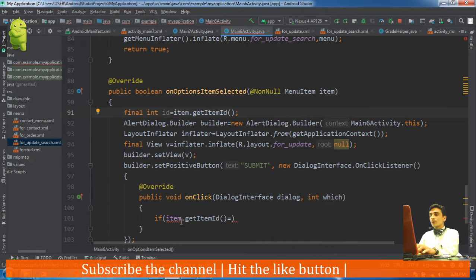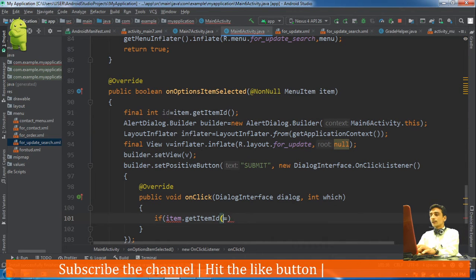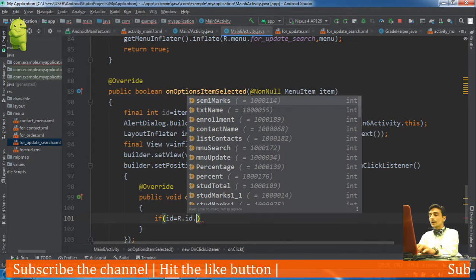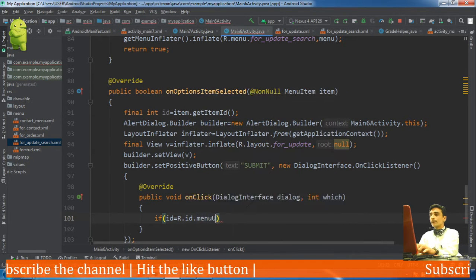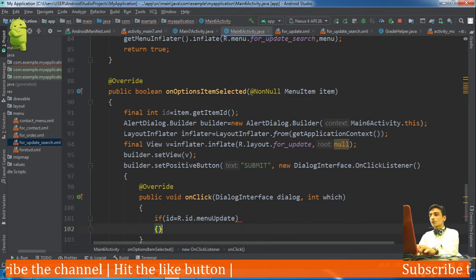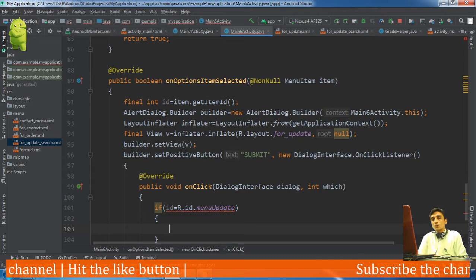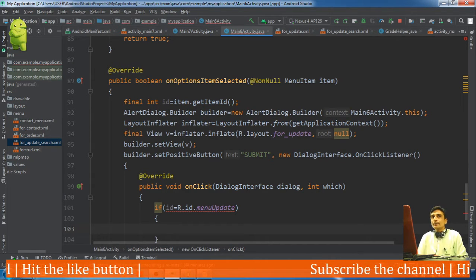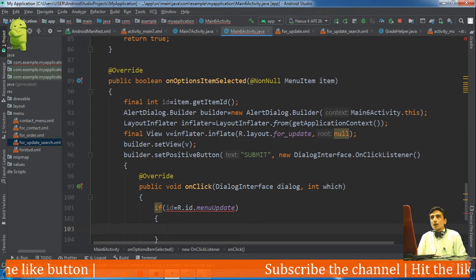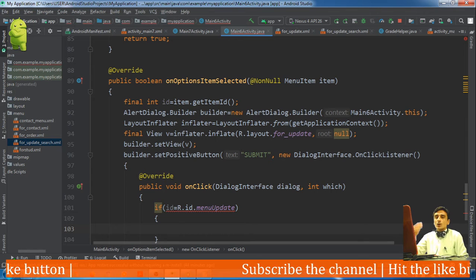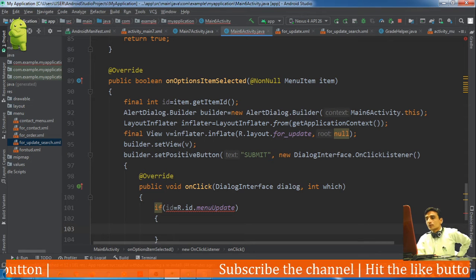Now here we will compare it with the available IDs. If id equals R.id.menu_update, if update was selected, then we need to search that record, and if that record is found, we need to show that record in the current layout.